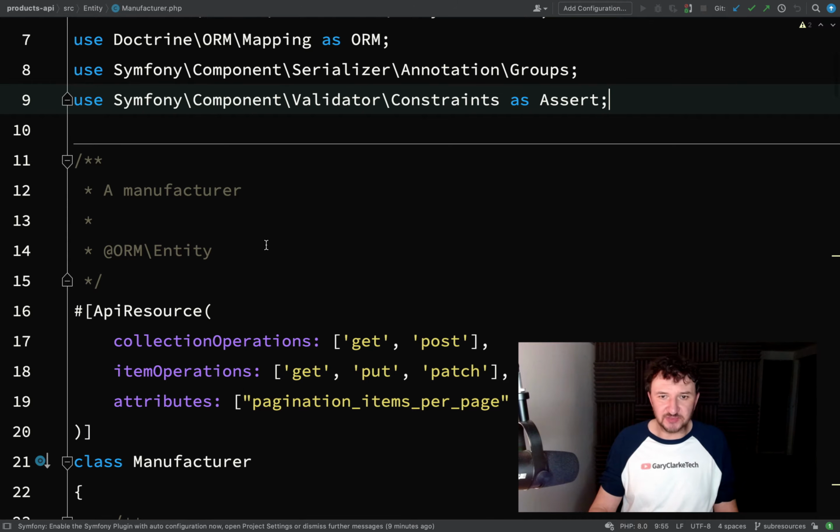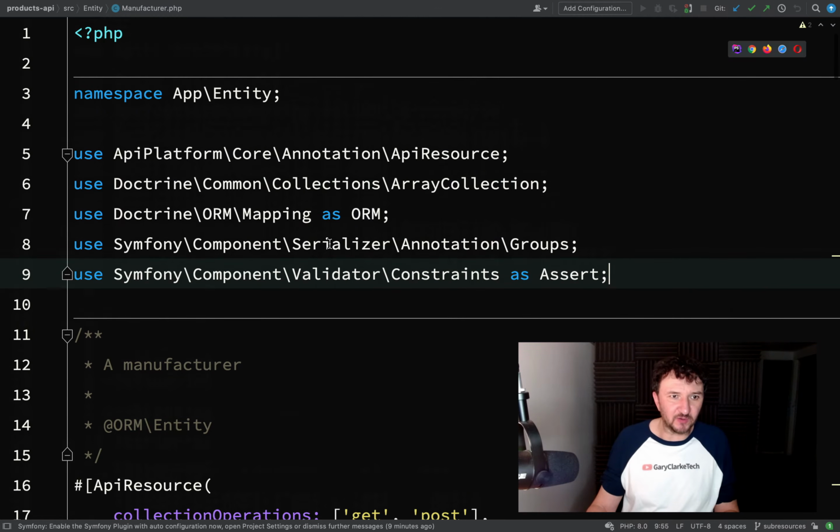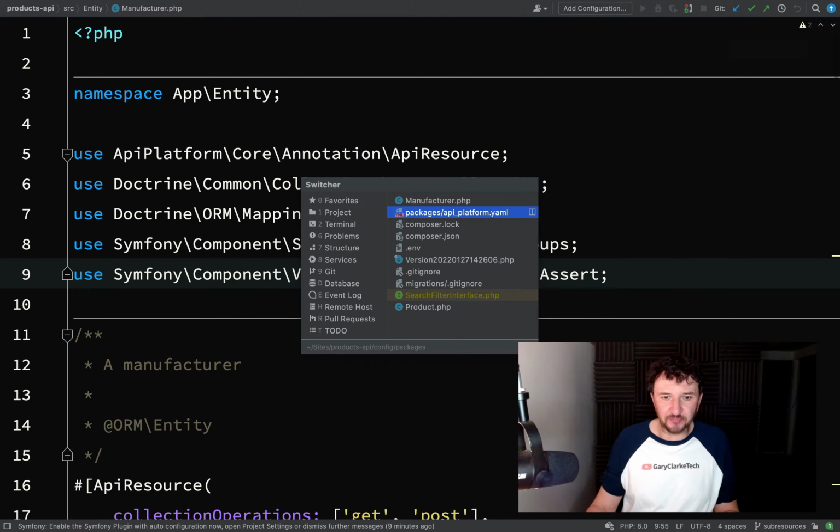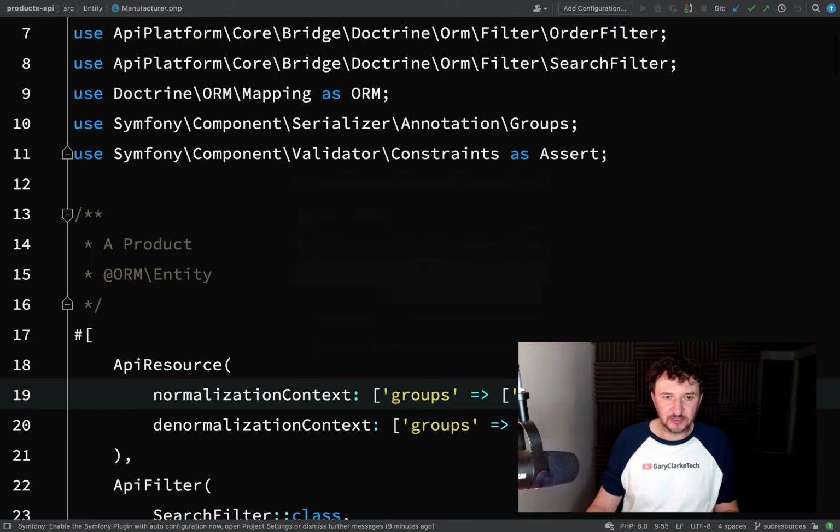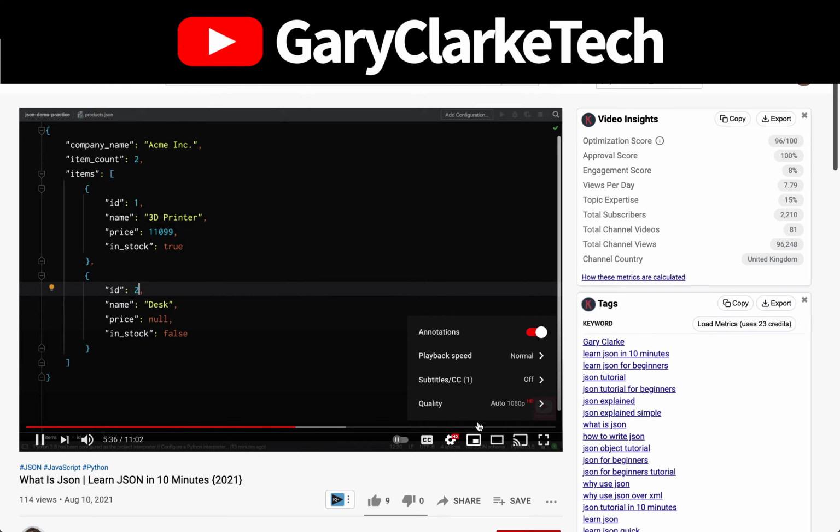Okay, so there's two ways we can do this. One way should look quite familiar to you because we can do it using filtering. So if I go over to my product class,